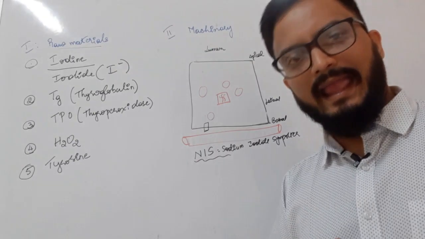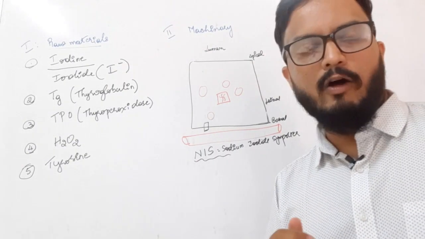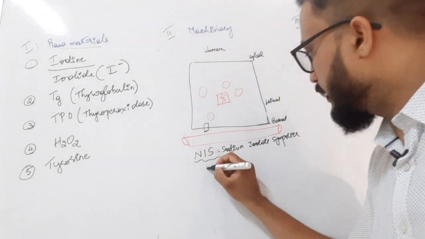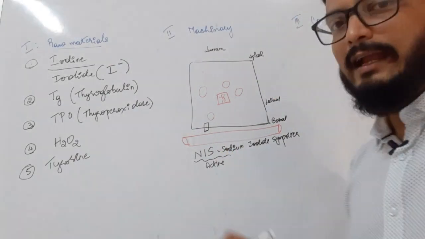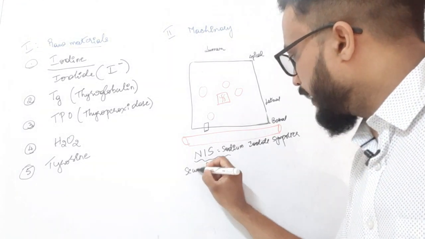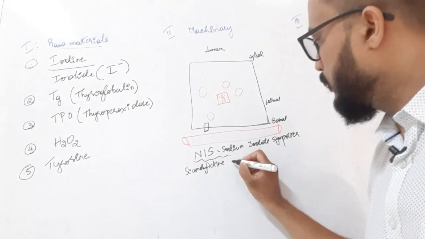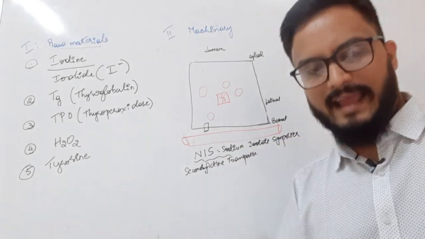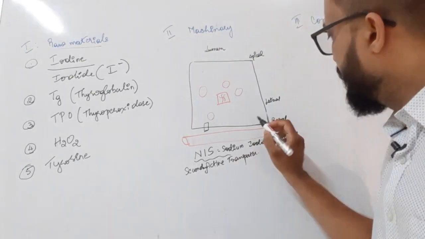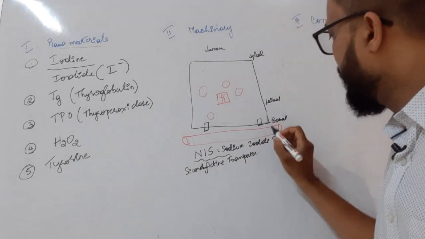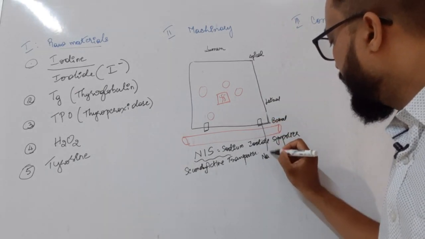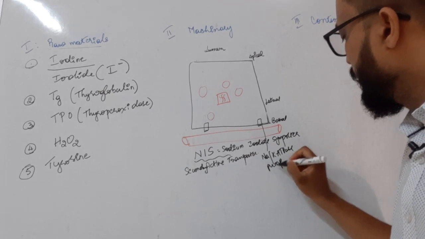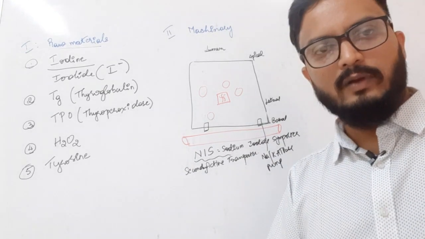Therefore, it is moving against the concentration gradient, and also against the electrical gradient. Therefore, it is an active transport, a secondary active transporter, which utilizes the energy from the primary active transport that is again present on the basolateral surface, that is your sodium potassium ATPase pump. So, this is also present on the basolateral surface of